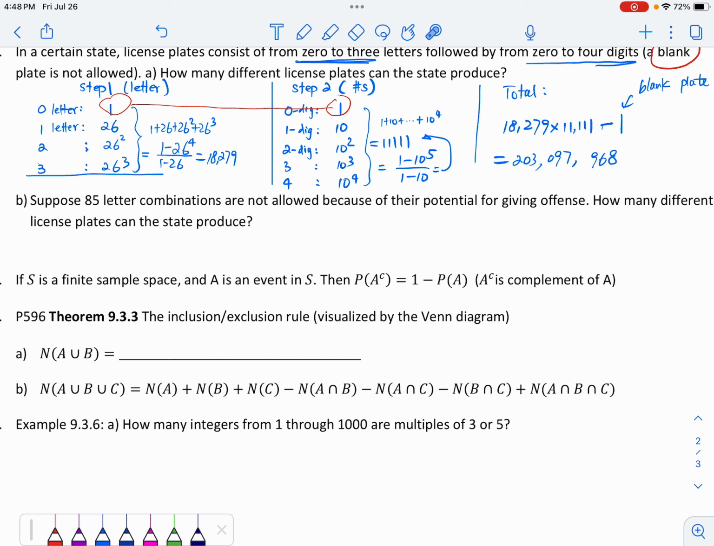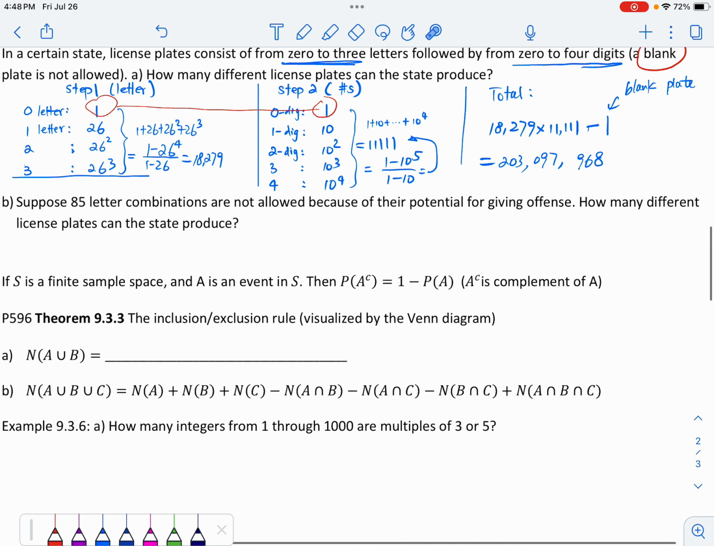Now, suppose 85 letter combinations are not allowed because of the potential for giving offense. How many different license plates can the state produce? In other words, there are 85 letter combinations that should not be used. Numbers are still okay. So how do we find the count? Just a quick update: in your step 1, you should subtract